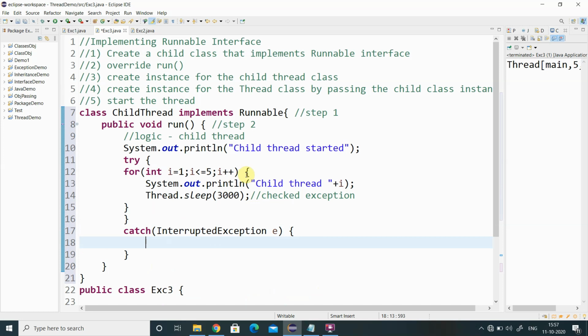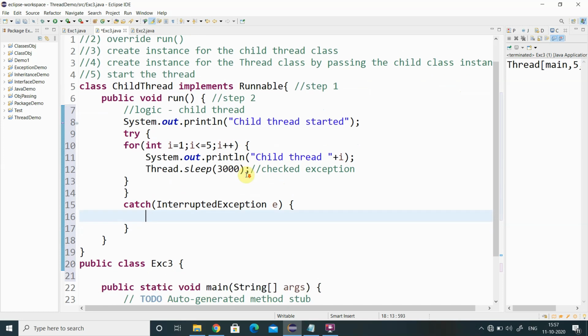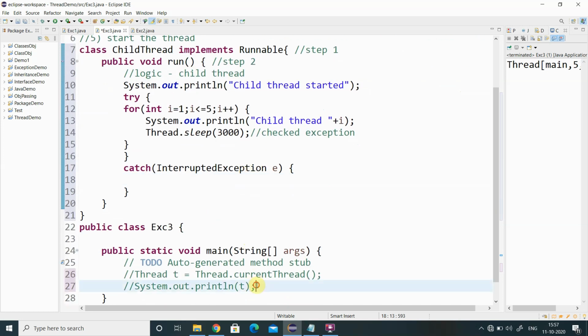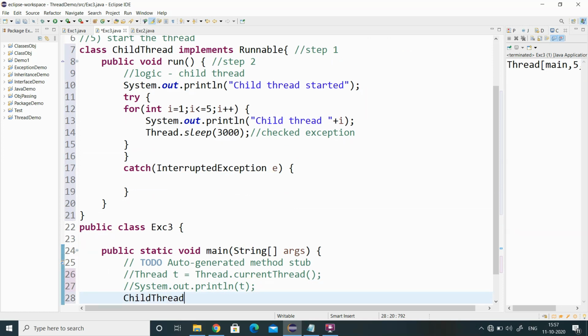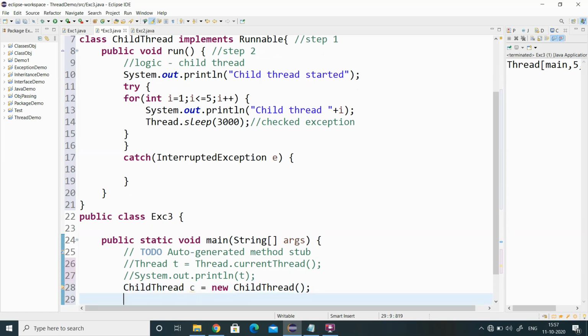Now I am going to step 3. I have to create an instance of the child thread class. In my main program I am going to create an instance of the child thread: new ChildThread. And the fourth step, we have to create the instance of the Thread class, and to that I need to pass the instance of the child thread.